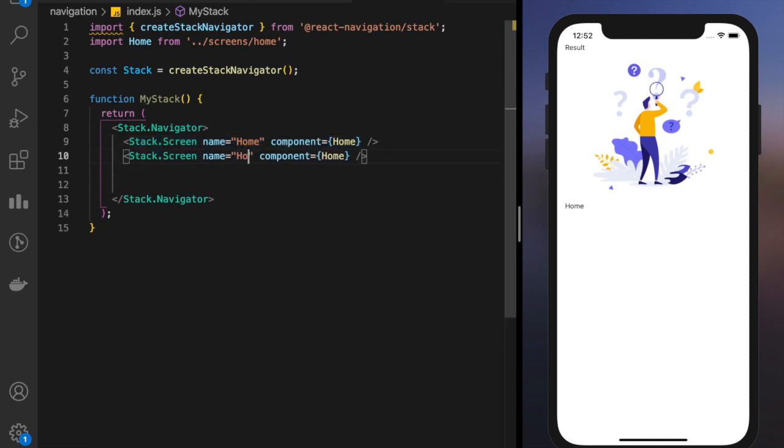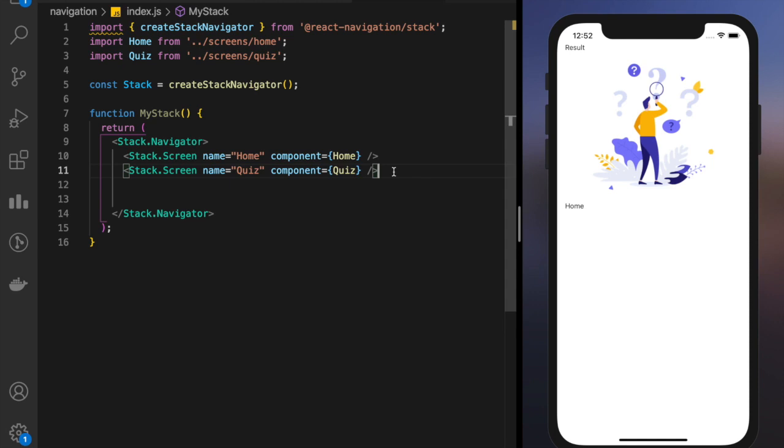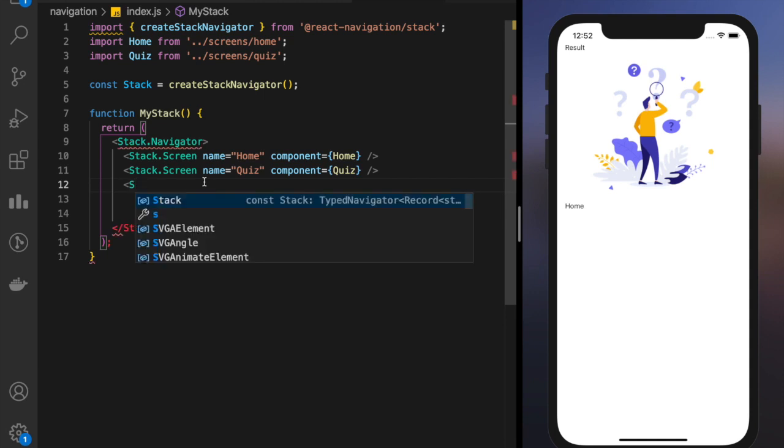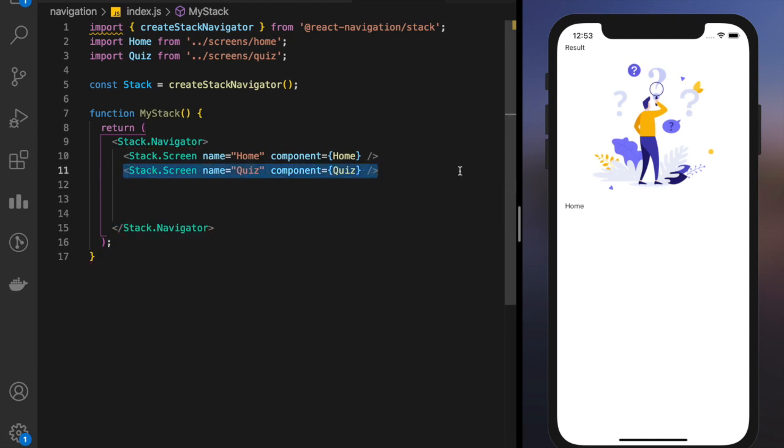The second screen is quiz. Next, after the first screen, it doesn't matter in what order you are going to import it, because only the first screen matters, that too if you are not setting a screen by default. By default, the first screen that you have mentioned here will be your entry screen. Now, okay, I'll just copy this thing. See, the third was result. Now, what is this name? From here onward, we are going to address these screens from these names that we are giving here.